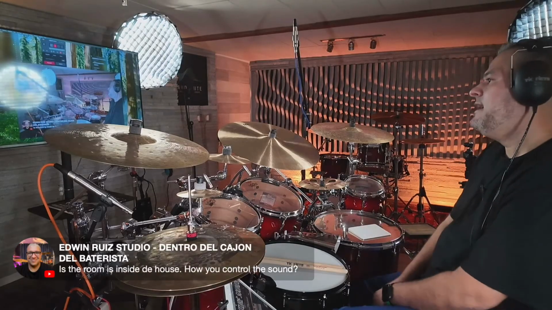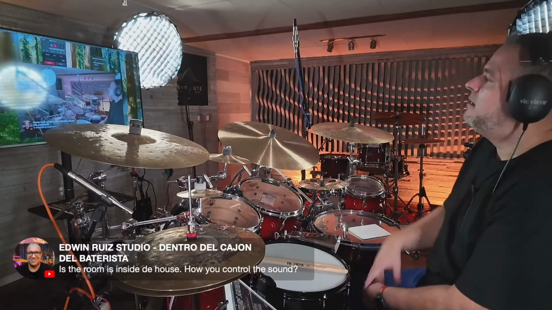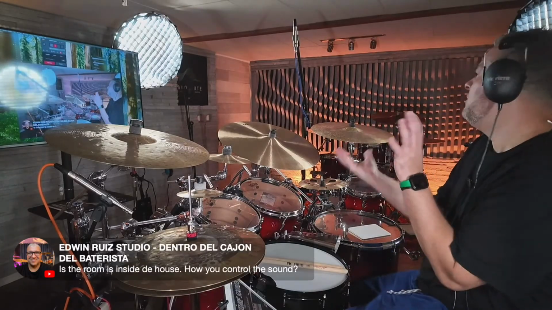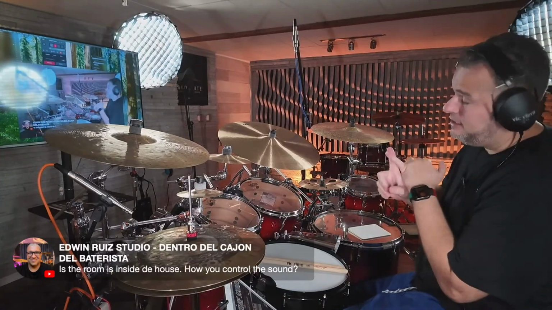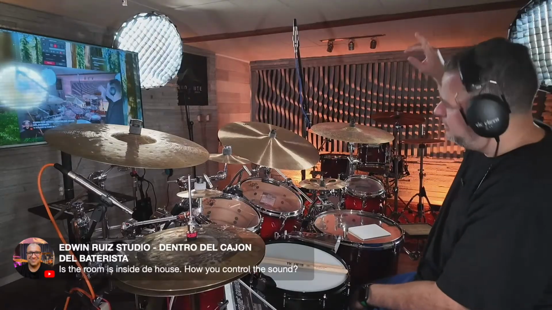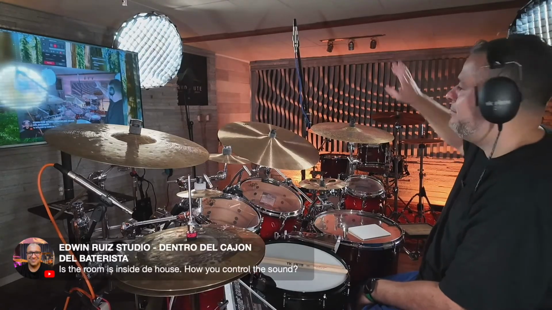Is the room inside the house? How do you control the sound? Yes, the room is inside my house. We did a room within a room, and honestly that's gonna help, the room within the room, but also Automute came in here and really did an amazing job